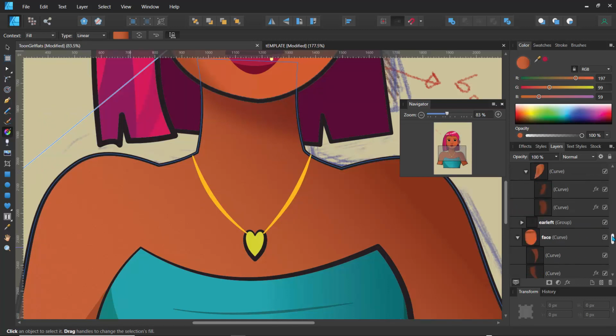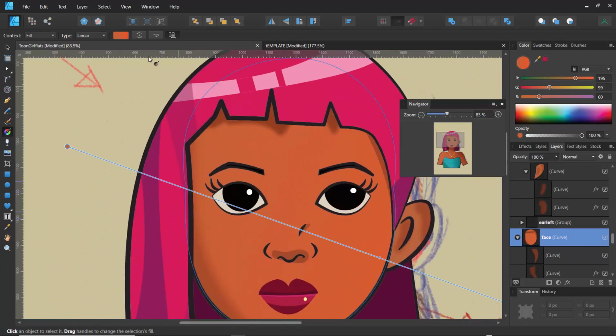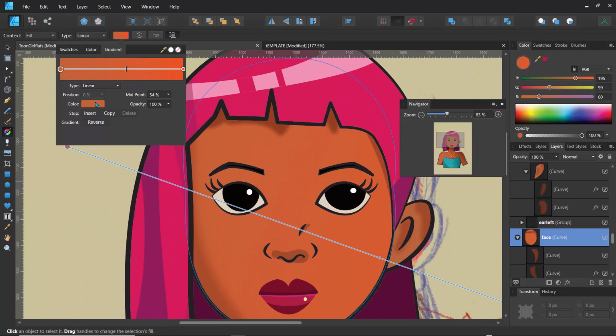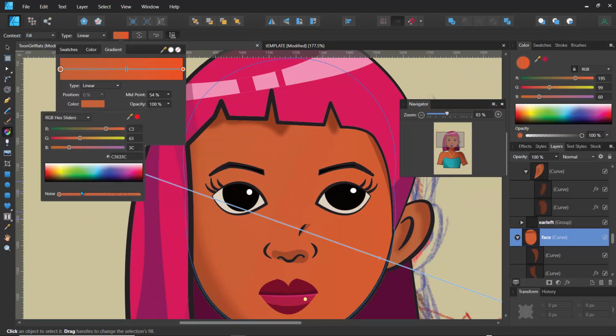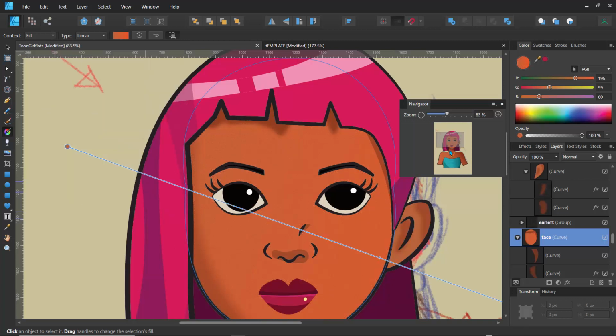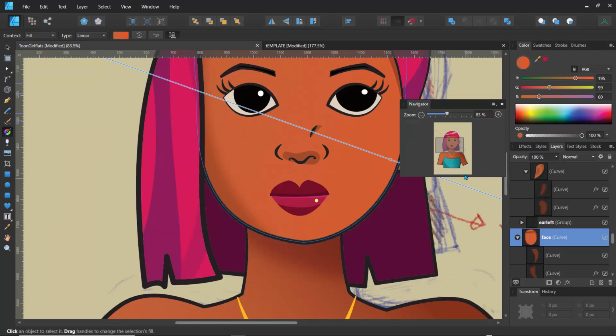So let's drag this over here to the face. We're on our gradient tool. I'll just move this up a bit. Click on this, click on color, and right here where this says noise, you can just drag this. And you can see we have a little noise here, but I'll just drag this a bit down here, nothing too serious. And if you're feeling ambitious like I am, we can jump to the hair,